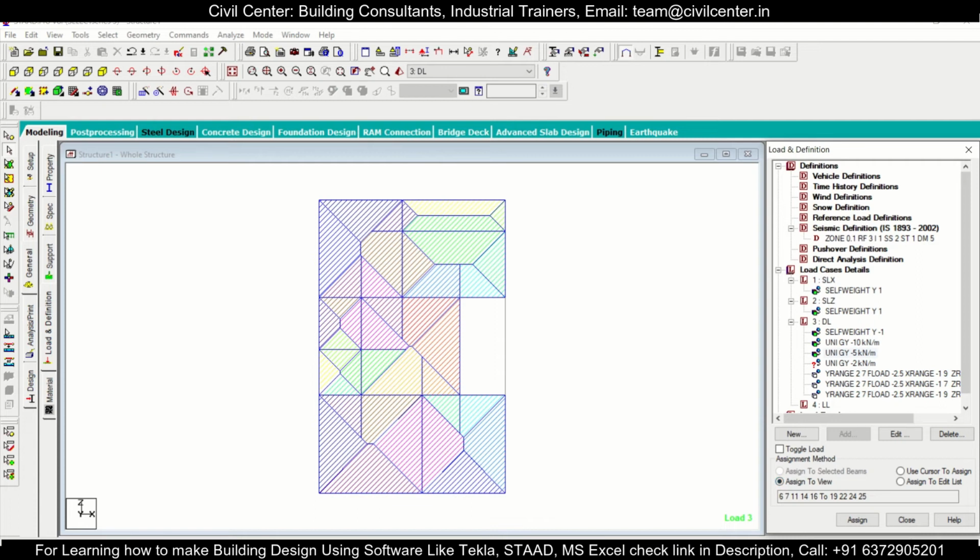to view. But in this particular portion we'll have the staircase load, so we'll select this particular option of assign to selected beams, and then we'll assign the loads to our selected beams. We'll select the beams here. So all these beams have been selected, and